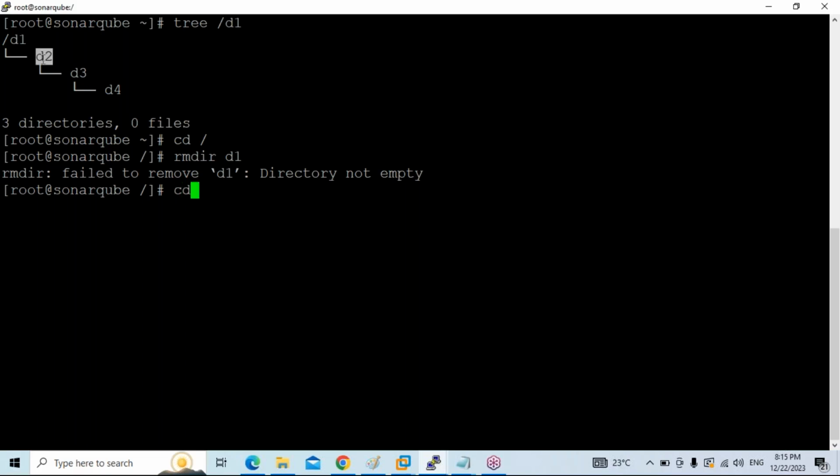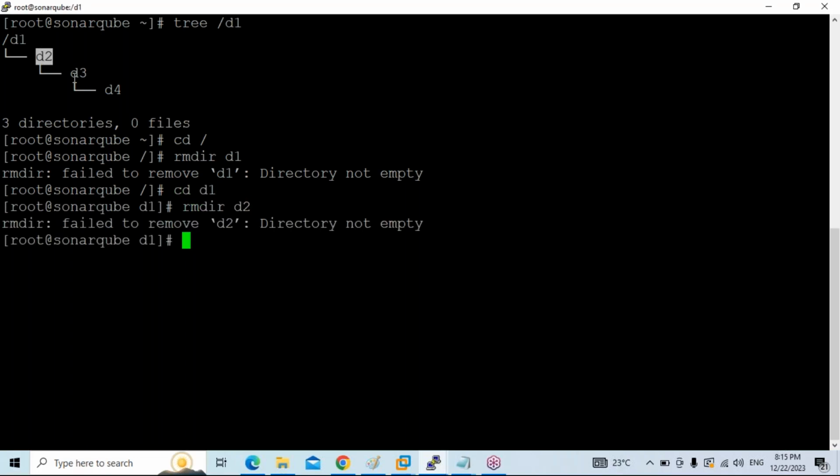So go to D1. I'm trying to remove D2. What is the error? It is not empty. So run this tree command or ls -R command and you will come to know which directory is empty. So D4 is empty, right? In order to remove D4, you have to go to D3, then remove D4. So go to D3,